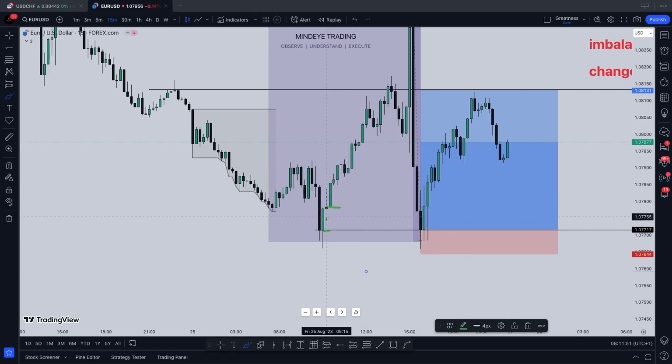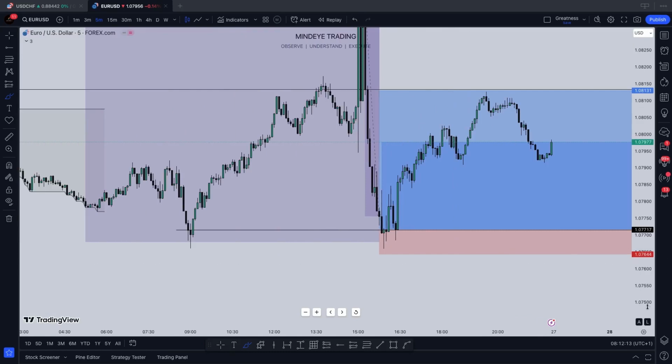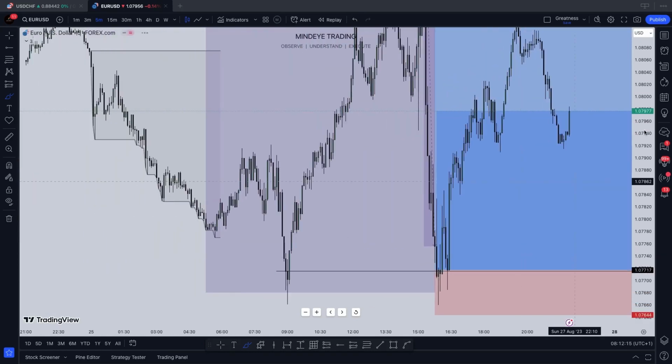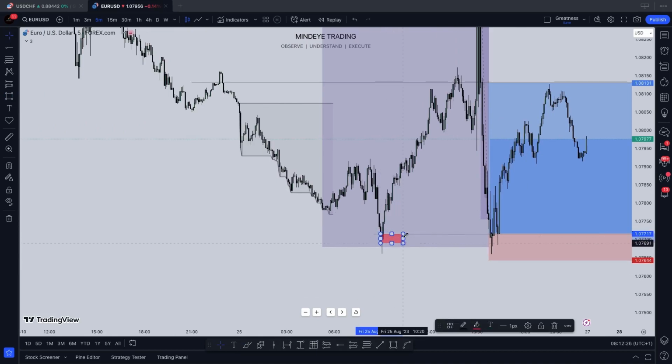And this is a 15 minutes time frame. And that space is where the market actually came, even though it broke that whole space. But that serves as a magnet for this price to come back and react to maybe an order block that is below it. Let me switch to a 5 minutes time frame, or even 3 minutes, where you will see an order block below it. For this trade, I used the price level. I did not use either an order block or an imbalance. But from what I just explained, did you notice just below the imbalance that we highlighted, there is an order block? And that order block was why this market came to react to it.